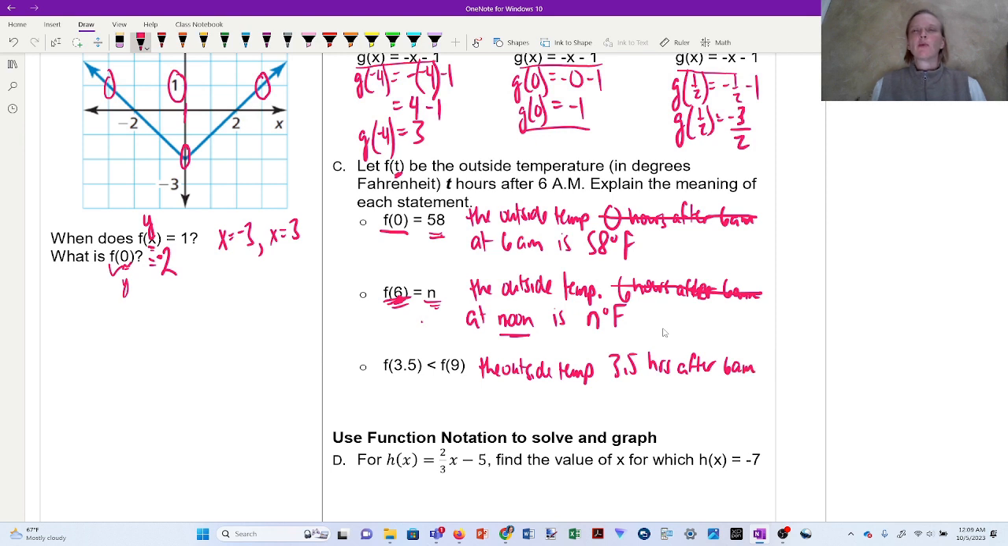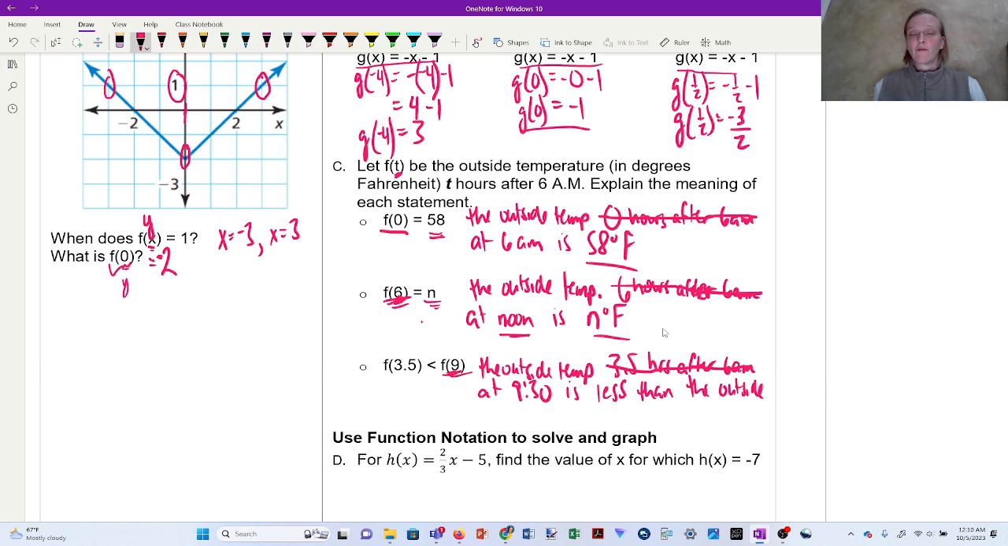Now, I don't really want to write that. I want to write down a number time. 3.5 hours after 6 a.m. is 9:30. So I don't have to write it this way. I can just write at 9:30. Now, in the previous examples, I had a number I could plug in this position. There's no number I can plug in for this example, but I can say that this outside temperature is less than some other temperature,